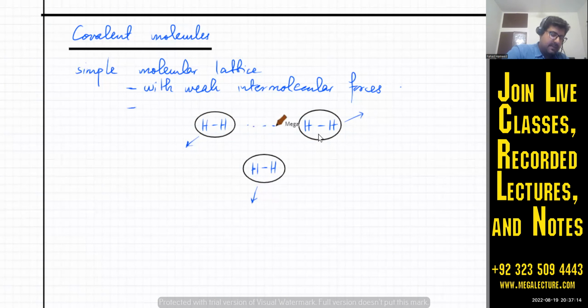Okay, so there are going to be all these weak intermolecular forces and they'll just be flying around. That is what the structure of a covalent molecule usually looks like,